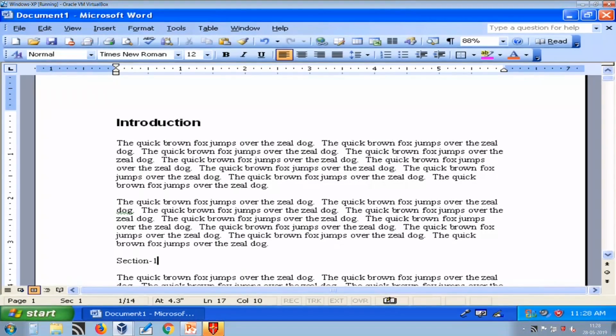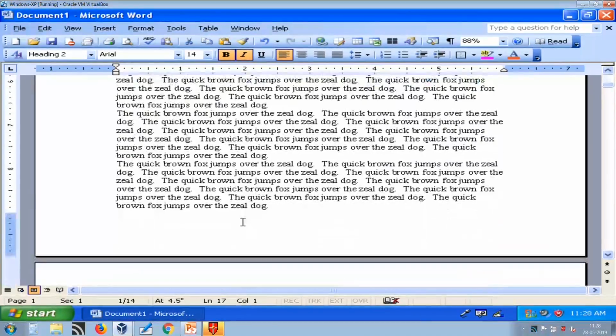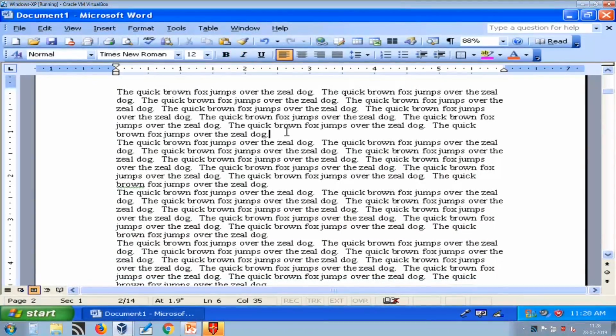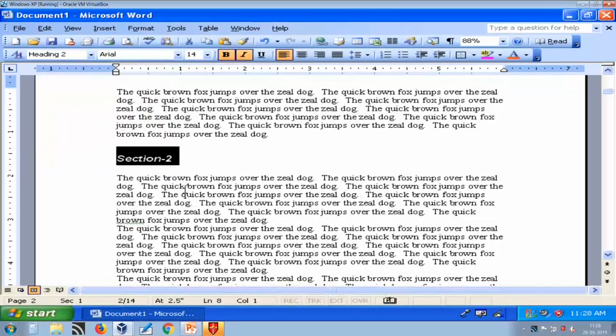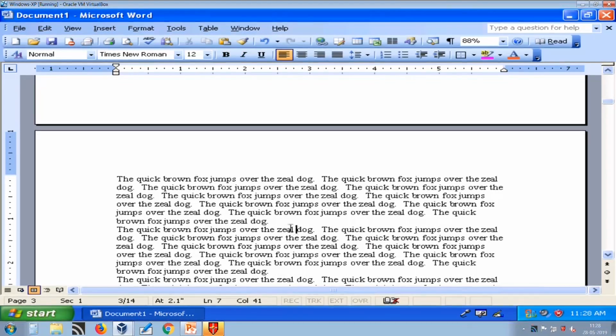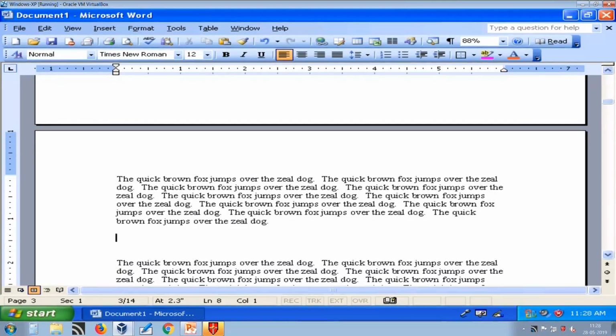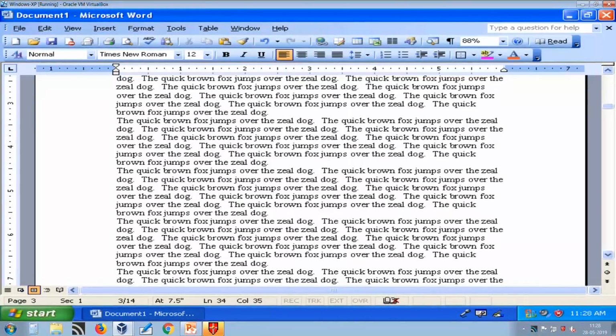So, here I am giving section 1 for example, and here I am selecting Heading 2 because it is a subsection, and here my section 2 begins. So, here I am giving section 2, again selecting it and giving Heading 2. Likewise, we can have different sections or subtitles in our document. Remember, this is an example of heading and subheading.